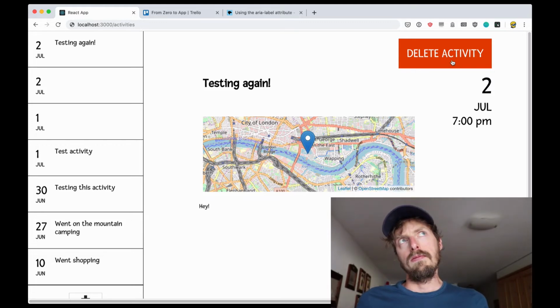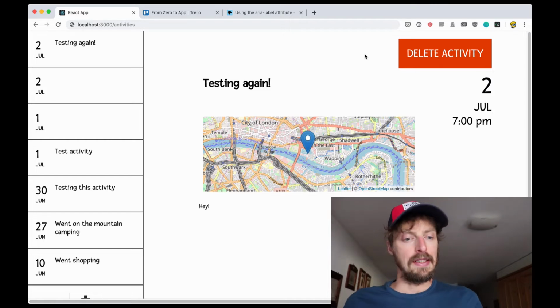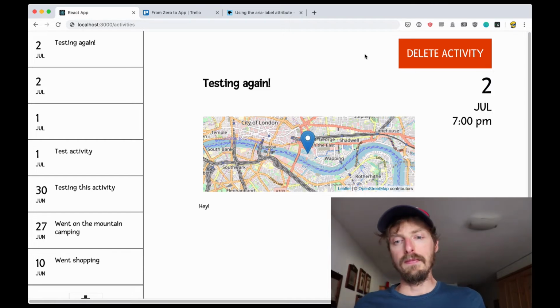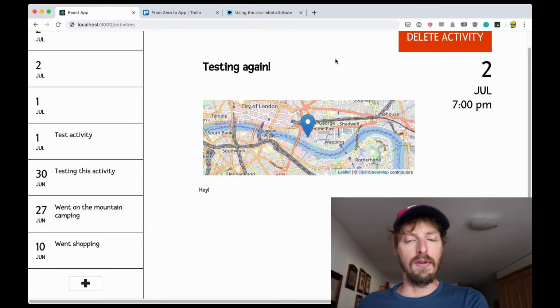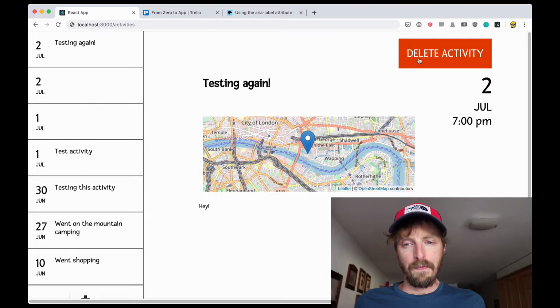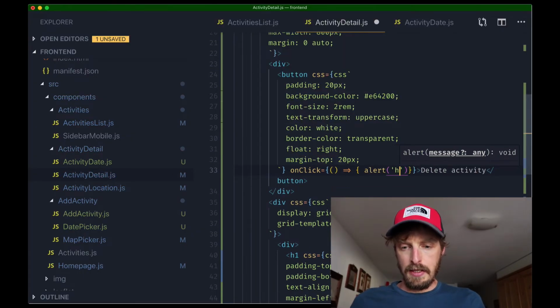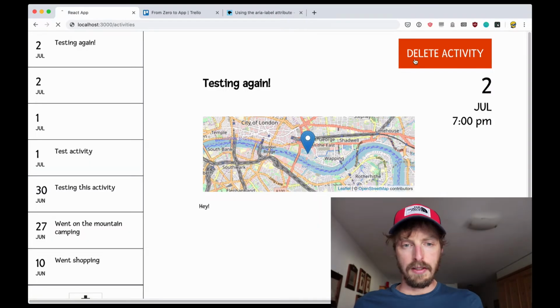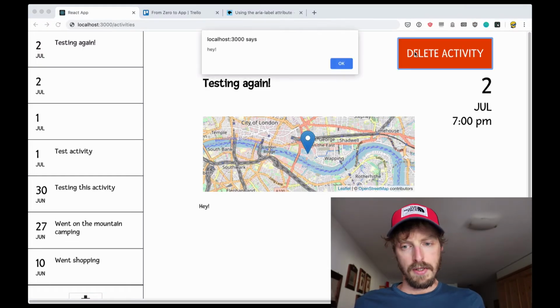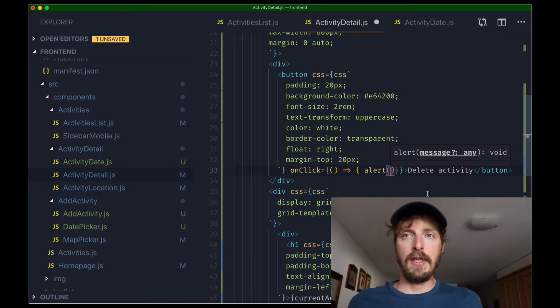So I don't know if it's in a place that is too evident, or we can move this to the bottom, because deleting an activity is not something we're going to do very often, right? So let's skip this for now. So I'm going to delete an activity. Hey, let me try this alert to see if this works. It works. Now I just need to figure out how to delete an activity from IndexedDB,